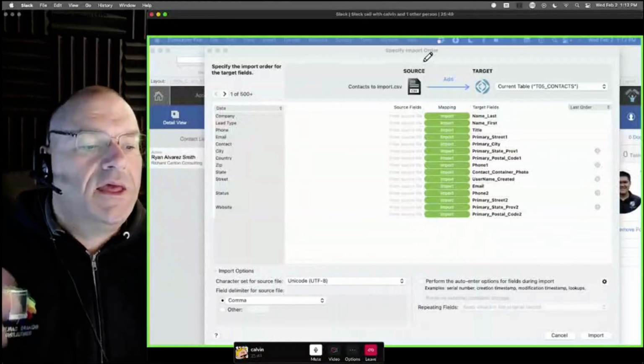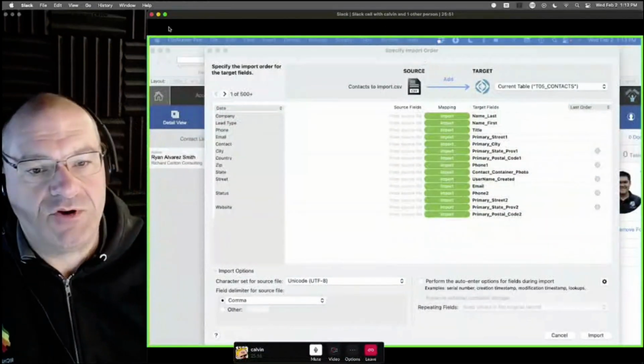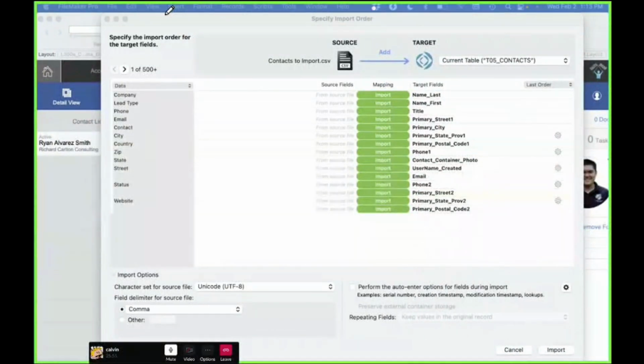That's the goal. So Calvin, take it away from here. Okay. So we want to have that saved somewhere. It helps us if we ever need to refer to it and import more data, and import a duplicate of that spreadsheet with new contacts in it or something like that. Then we have it saved in a script. So I'm going to select